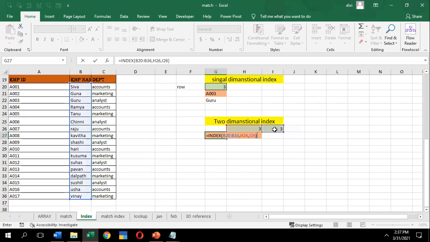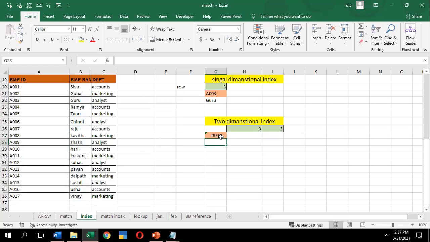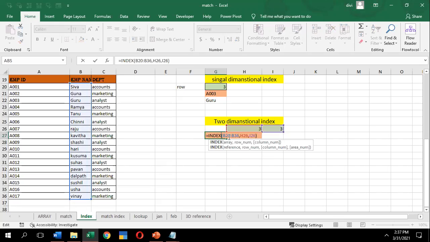If I press enter, I won't get a proper result. The reference is missing. Why? Because you can see I've asked from your range, you have to select the third place. So which one have you asked?